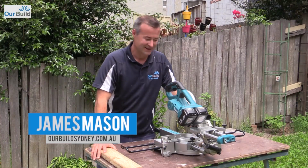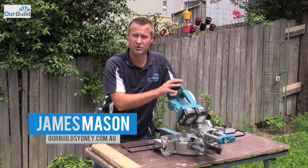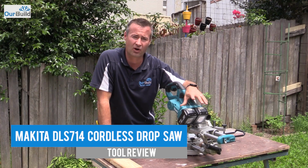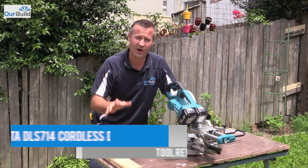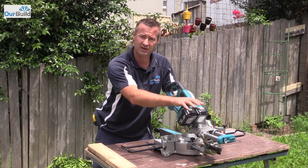Guys, James here. Today I'm going to be reviewing Makita's new 36 volt brushless drop saw. This one takes 2 batteries, and at the moment I've got 2 of their highest batteries, which are the 5 amp hour. What you'll see in this video is we're going to be doing a run test, so I'm going to get some 90 by 35 framing timber and see how many cuts we get out of these dual batteries